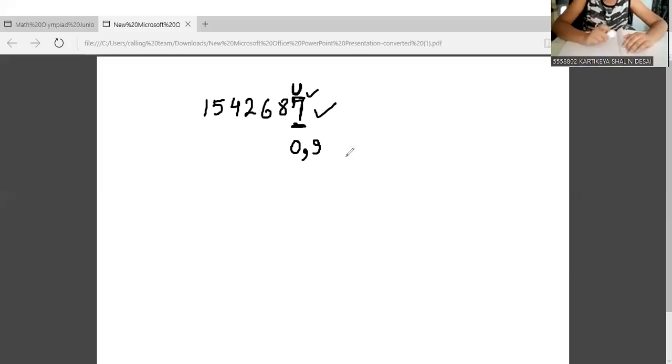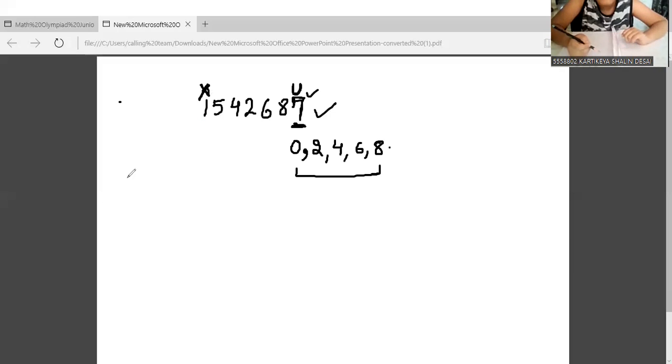So it will be either 0 or 2 or 4 or 6 or 8, if the number is ending in one of these digits, right? Then we can say that the number is even, otherwise not. So this is not an even number, I can say that. If I ask you if this is not an even number, then it should be what? Is there any other name for that? Yes, Amika? Odd number. Odd number, exactly.